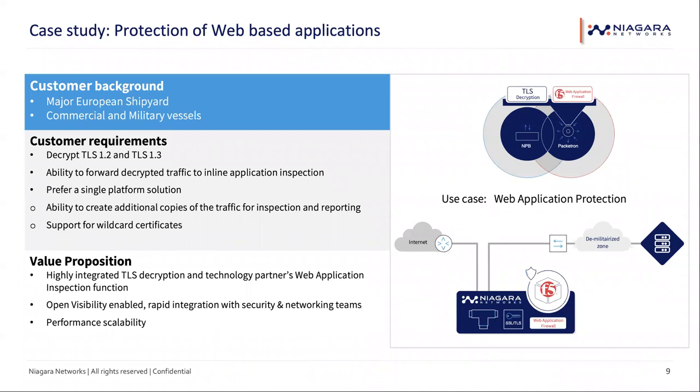So everything stays within the packet broker, and traffic that is decrypted is never seen outside the packet broker, which is also very important for the customer. If traffic is decrypted, it cannot leave the packet broker. It's not allowed to leave the packet broker. So all the inspection is done inside the appliance.